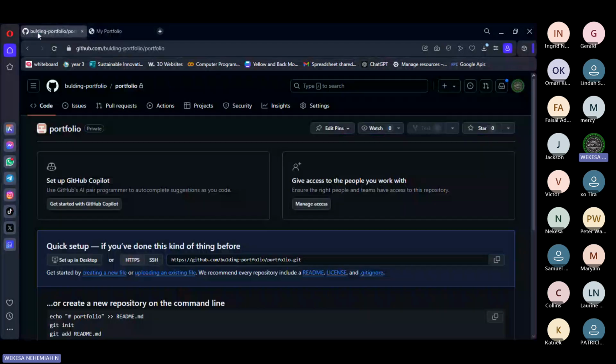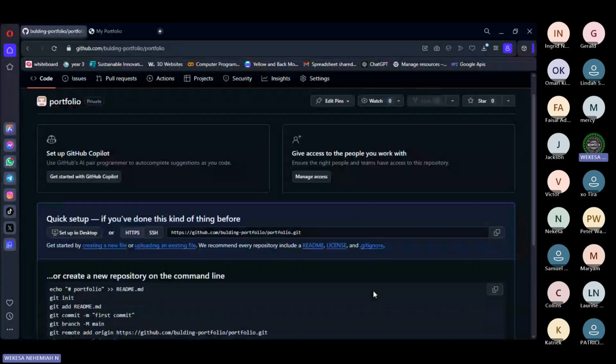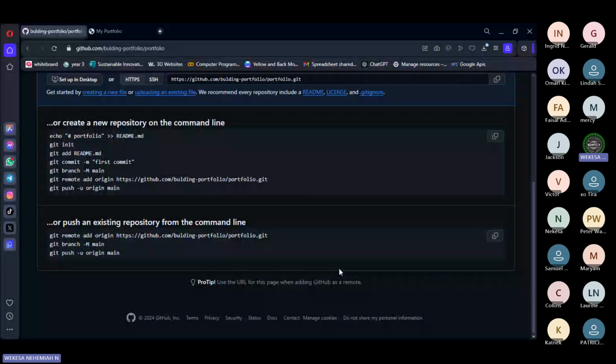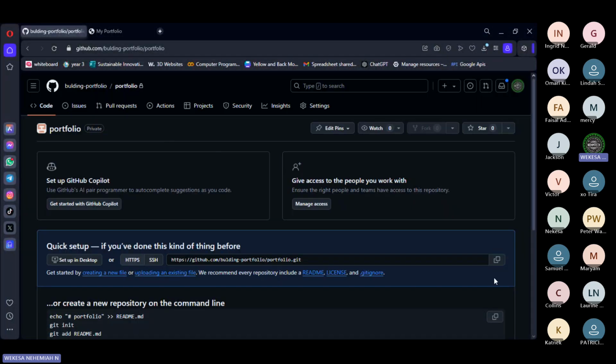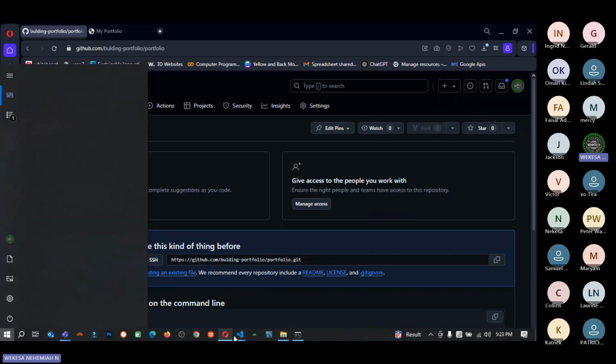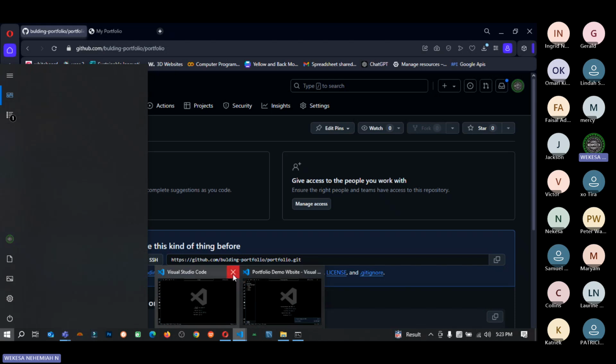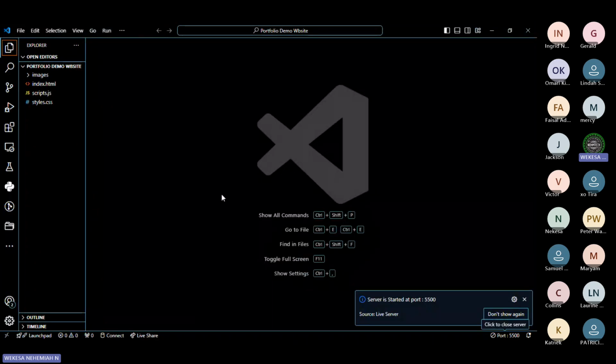So I've just created here an empty repository called portfolio, and in this portfolio, I want to push this project here so that you can access it as a starter code. I want to use this one to understand how we can collaborate or how you can contribute on this one. So basically, in this project that I've just opened here, I want to open now the embedded terminal